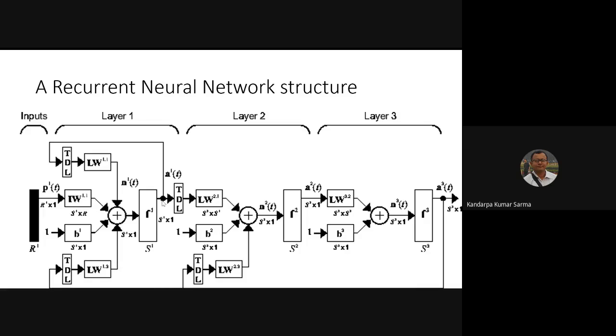Now at the end of layer 1, we have a point from where a local feed through a tap delay line, scaled by a weight, comes to the summation block. So here we see that there is a local recurrent structure, and then there is a global recurrent structure. The global recurrent structure feeds from layer 3 to layer 1 and layer 2, while in the local case there is a feed from the end of layer 1 to the front end of layer 1. Both these local and global feeds together give it a contextual or temporal processing capability. This sort of structure is very crucial in doing sequence mapping or in its use with time processing